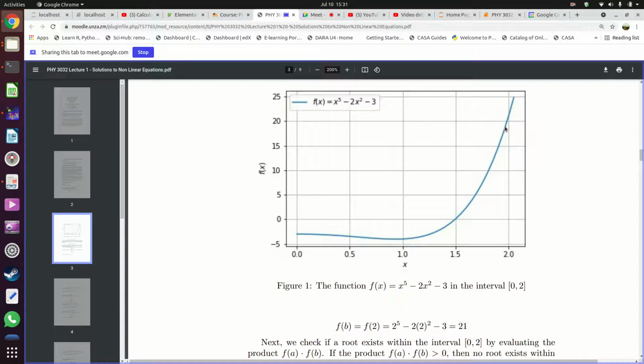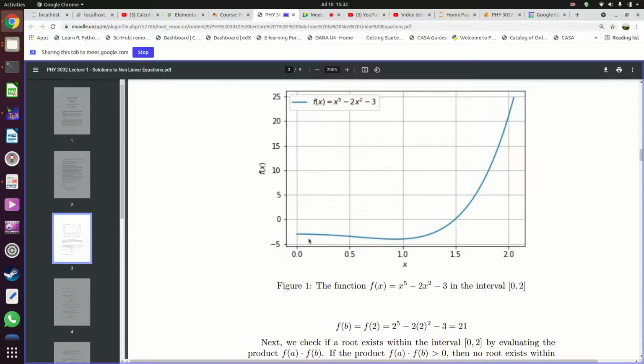You want to find out if the function at the lower boundary, the lower bracket, whatever the function is, changes sign: whether it changes from positive to negative, or negative to positive. In this case, it changes from negative to positive. If it changes from negative to positive, it means that it has cut the x-axis somewhere. Are we clear?